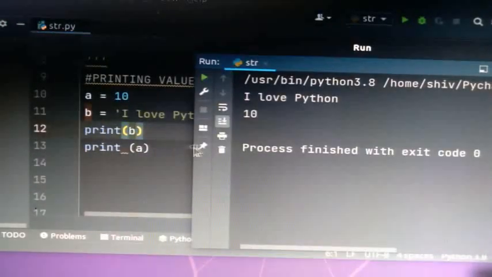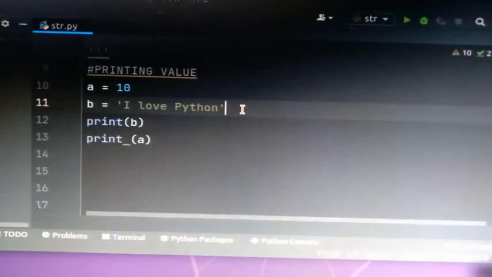I am going to print these values by using the print function, first b, because we want to print the value of b, right? So variable b. See, it's printing the b value first because we are using the print function with the b variable first, and then we are using a. So this was about storing a value into a variable and printing it.